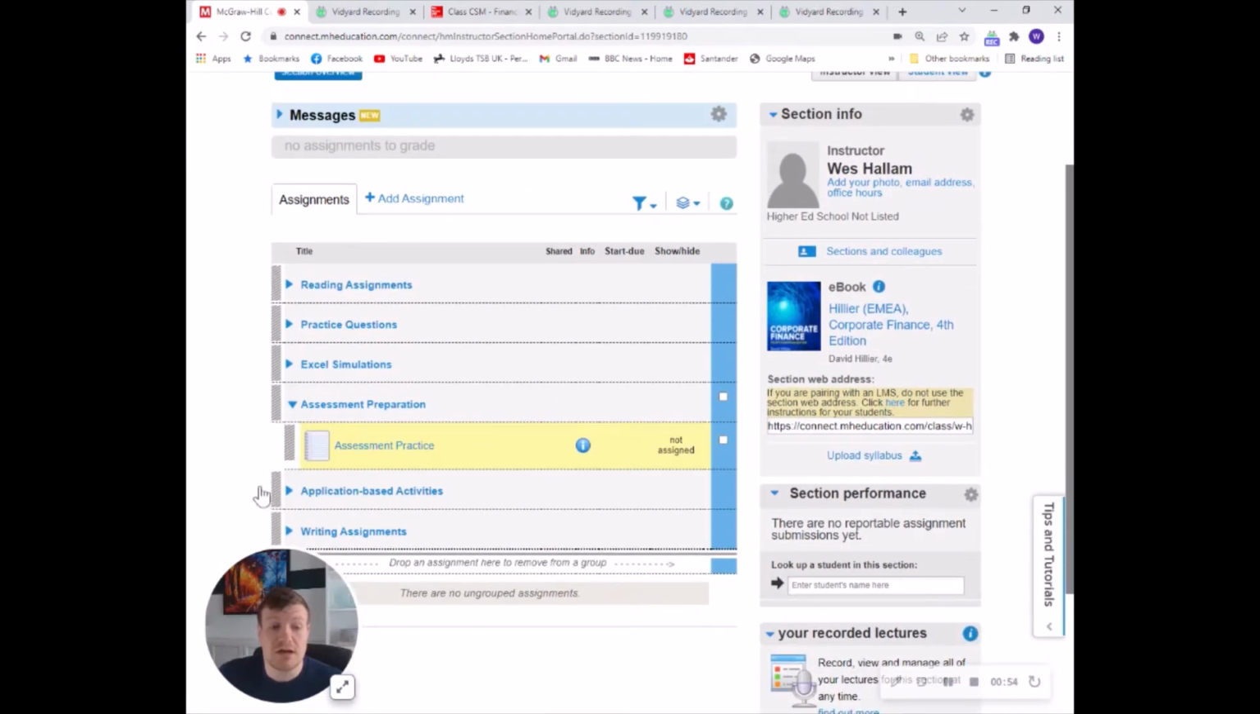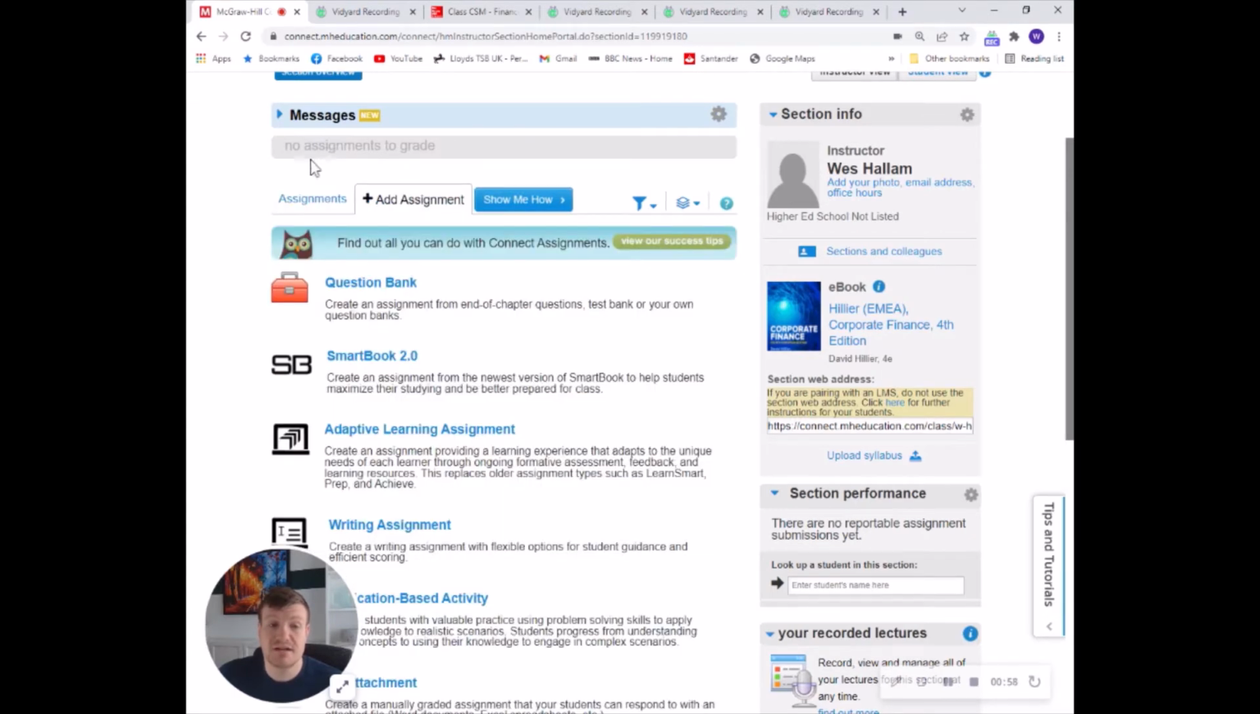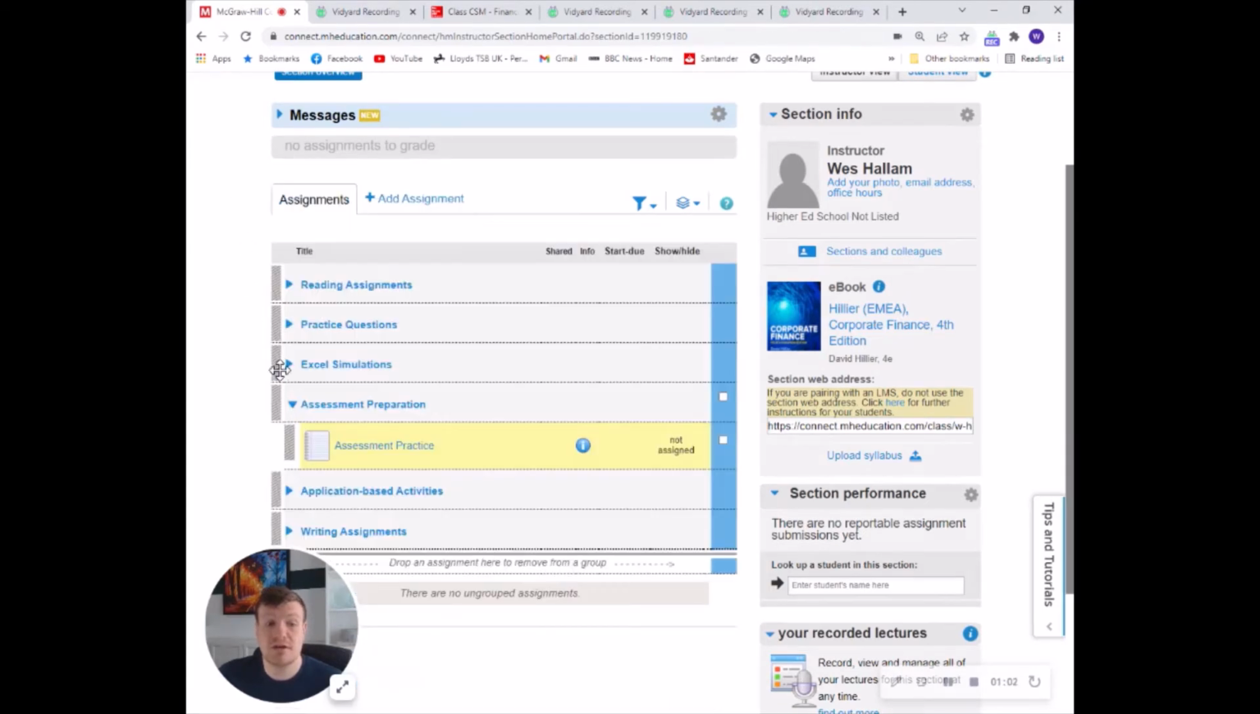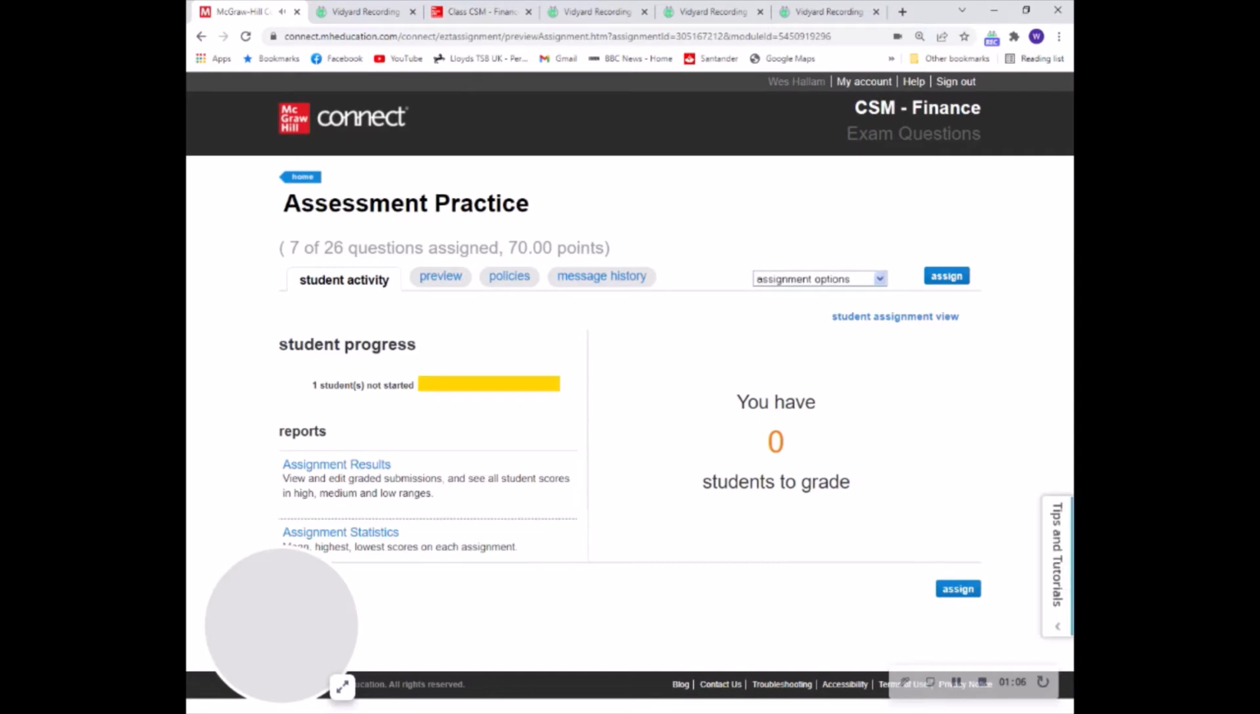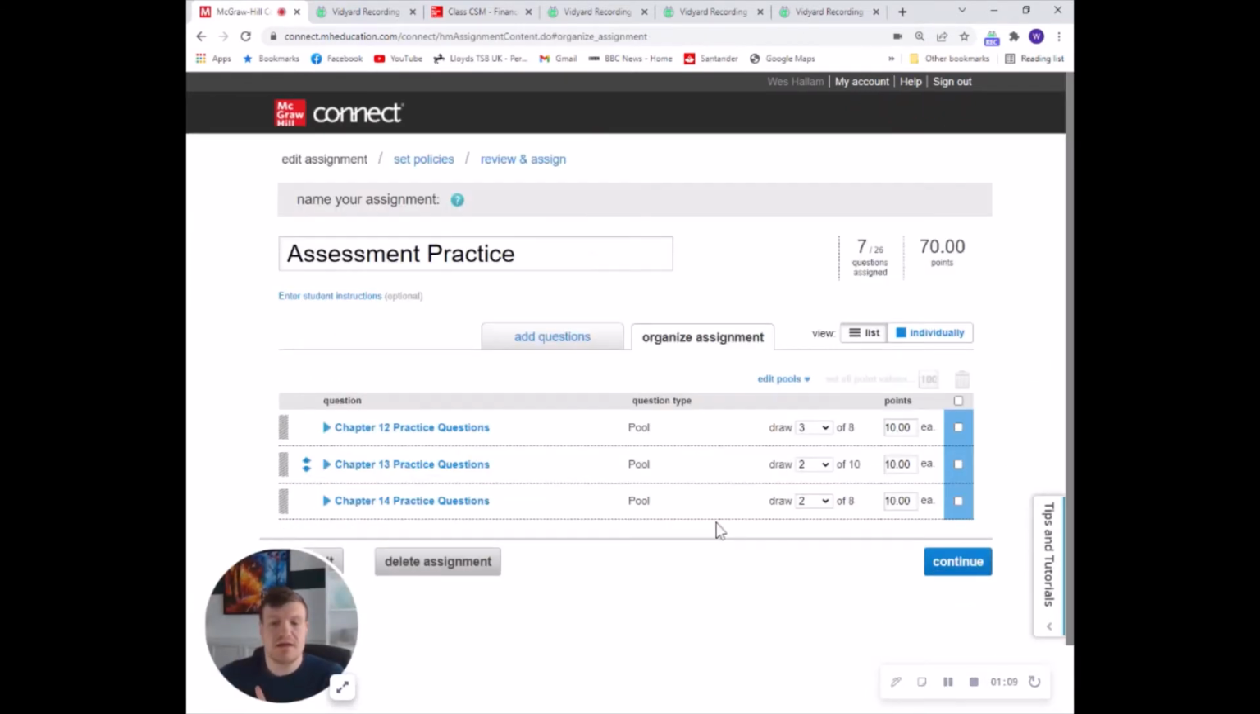So in order to start one of these, you can go up to the top and click Add Assignment, and then go to the question bank. But to show you what this can look like, I'm going to go into one that I've prepared earlier. So now that I've loaded into here, what you can see is I have got some pools of questions in my Organize Assignment page. And what I've done is I've created some practice pools for students to go and work